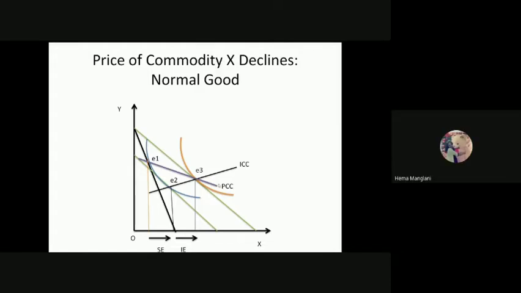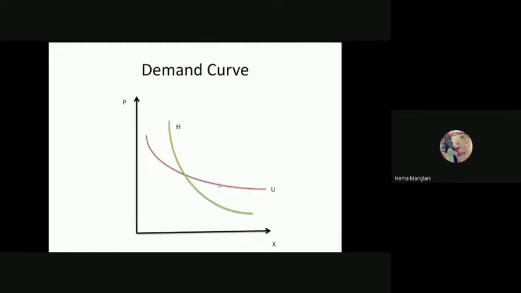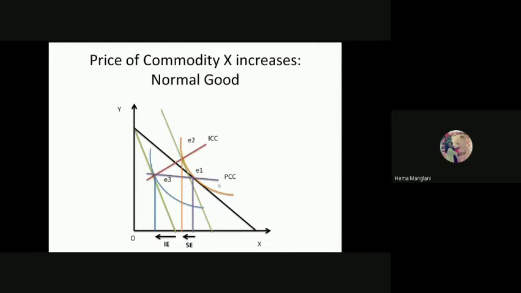Yes, ma'am. Okay. Now let's proceed to the case where the price of commodity X is increasing, not decreasing. In that case, what will happen? See, again, this black budget line is your initial budget line. Here, the consumer will like to remain at the initial consumption on the orange indifference curve at point E1. Now, this point indicates that the consumer is consuming more of X.